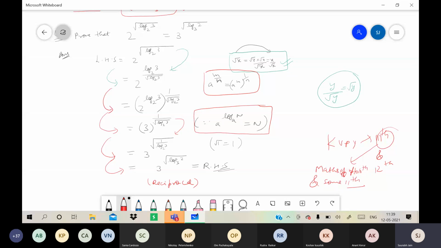The full form is Kishore Vaigyanik Protsahan Yojana. The name is in Hindi. The short form is KVPY. It is a scholarship program. Need not go into detail right now, but if you are interested, you can just Google it and see what this exam is all about and what kind of scholarships and prizes are there. Regarding syllabus you need not worry, that we will be doing. Whatever is taught in the class, revising that is important.